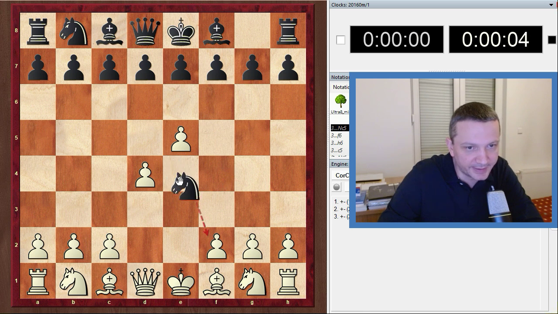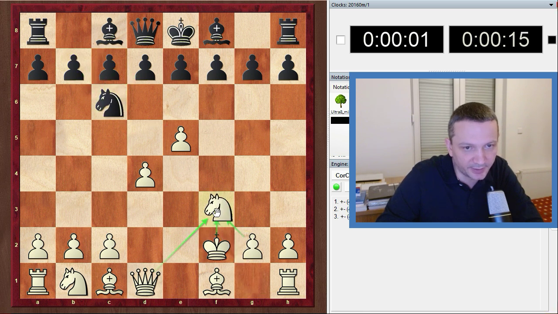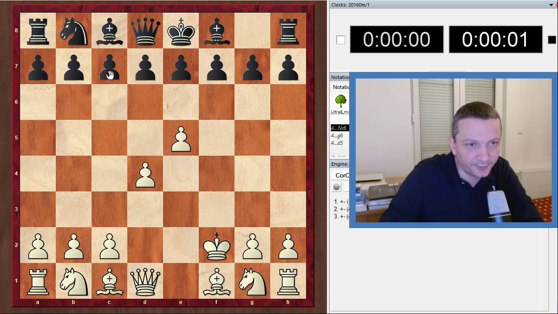If black decides to sacrifice the knight on f2, knight f2, we shall take it, accepting the sacrifice. And now again we are of course winning. This is not a sound sacrifice, and we will simply play developing moves. If knight c6, we play knight f3, and in most cases we will play knight f3 here. If g6, we again play knight f3. If d5, again knight f3. If c5,